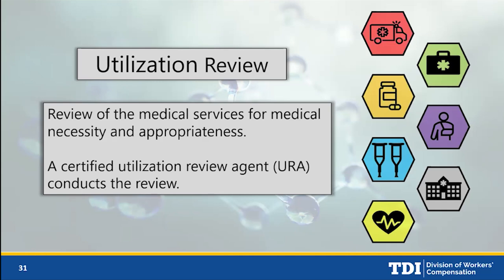And something to keep in mind, if you're trying to send a pre-authorization request to the adjuster, you're going to slow down your process. We highly recommend that you send pre-authorization requests directly to the utilization review agent, because if you do that, they're on a time frame to respond to you, and all the laws and the rules are going to apply to them, and their clock is ticking. So if it's going through the adjuster and then to the URA, that's going to be some time that is potentially wasted.